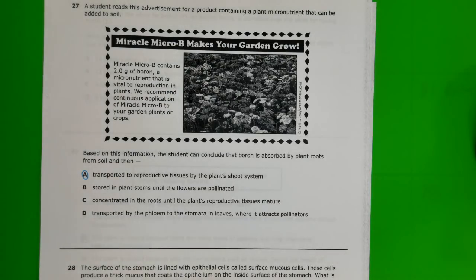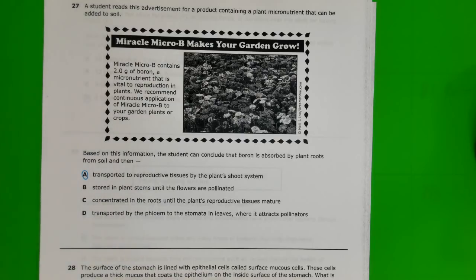27. A student reads this advertisement for a product containing a plant micronutrient that can be added to soil. It says Miracle Micro B contains 2 grams of boron, a micronutrient that is vital to reproduction in plants. We recommend continuous application of Miracle Micro B to your garden or crops. Based on this information, the student can conclude that boron is absorbed by the plant's roots from the soil, and